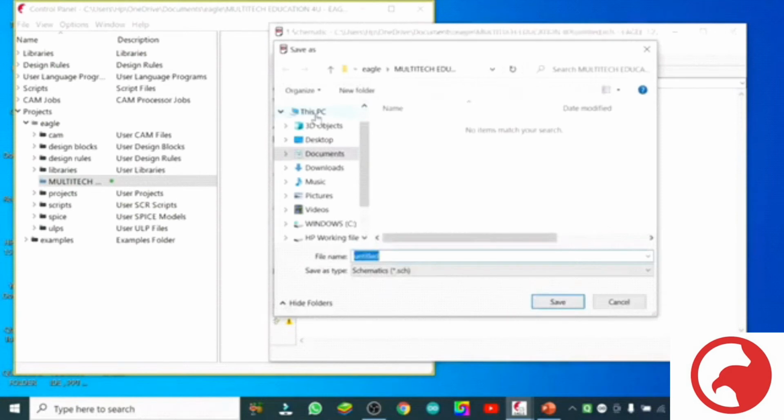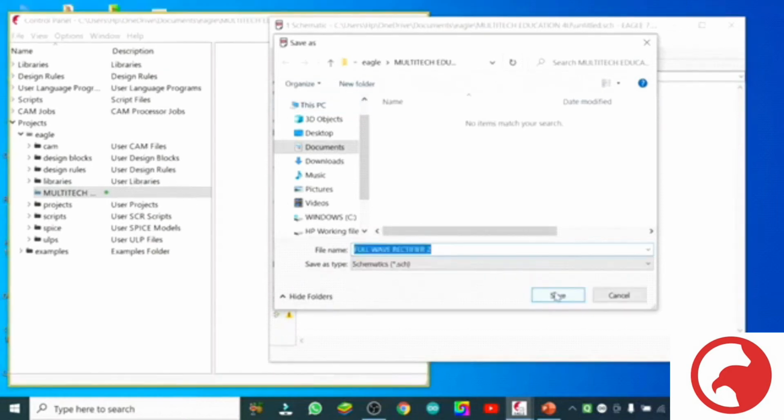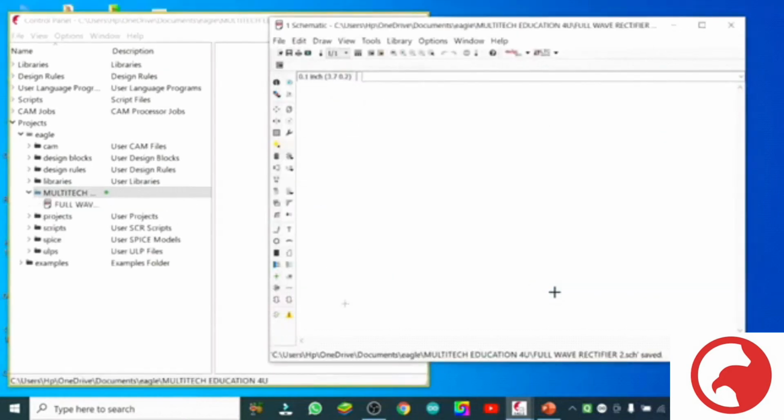Now save, because until we save, it will not be shown in our Multi-Tech Education for You folder. See, there is nothing at the moment, but when we save it as full wave rectifier, it will appear in the Multi-Tech Education folder. See, the full wave rectifier schematic file is there now.